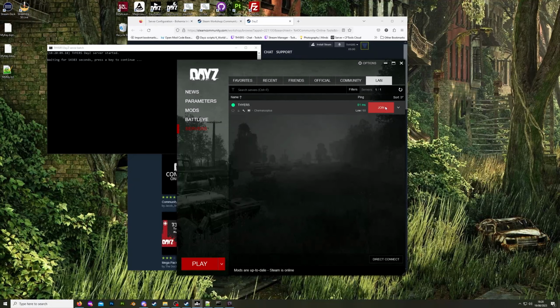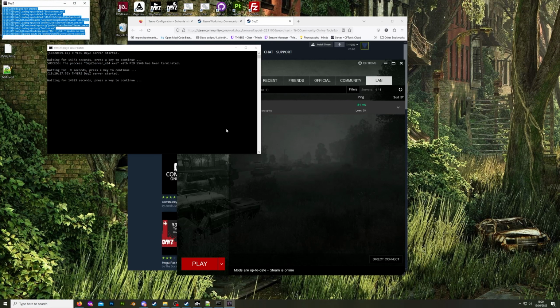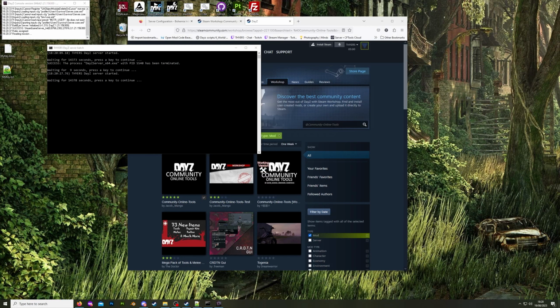Sometimes when you try to join without closing the launcher after restarting the server, it's going to throw up an error or two. But we're going to look at why my console didn't load. So I'm going to stop it and reload it. Oh, there we go, it's loaded now. So best bet, close down the launcher, open it back up,